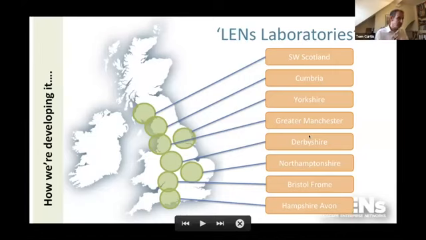This has been developed first in a rural landscape. No reason at all why it can't be done in urban landscapes. It's about building consortia of business interests and helping them to procure outcomes from landscape. That can absolutely be within an urban and peri-urban landscape. We're working now in Derbyshire and Northamptonshire, on the Bristol Frome, another urban rural interface landscape, and on the Hampshire Avon. Hampshire Avon, along with Cumbria, is one of the more developed landscapes. And each of these with a range of different partners on the demand and the supply end of this, from a range of different sectors.